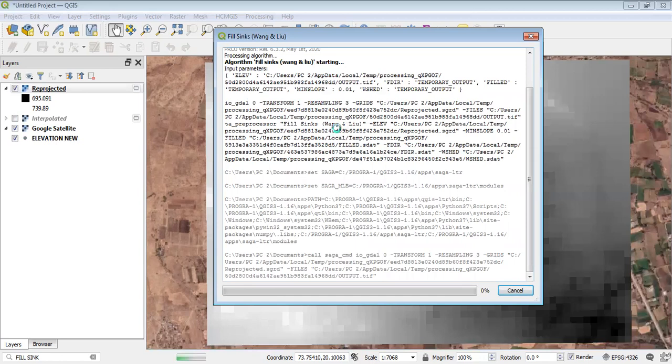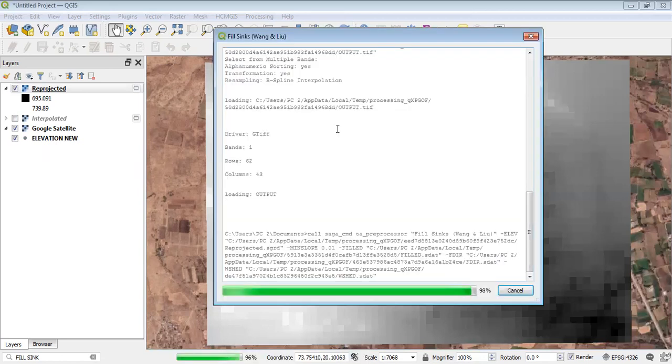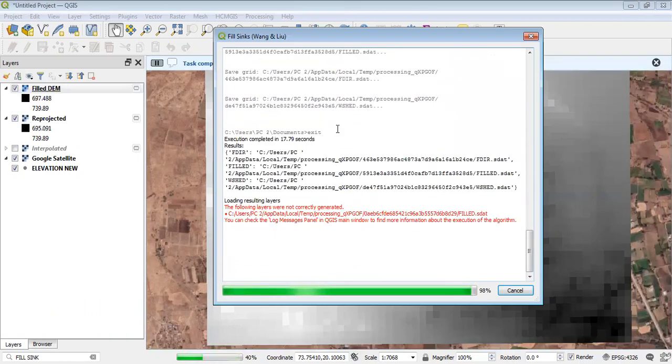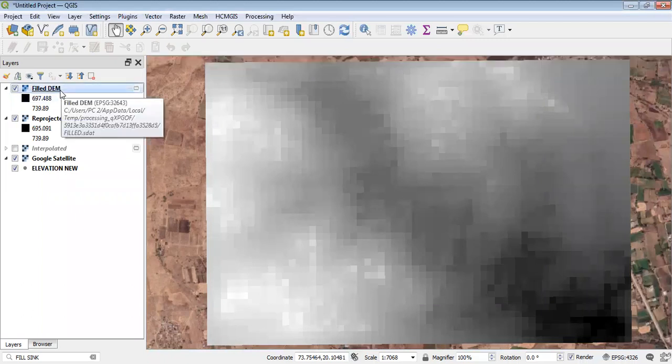It will take a few seconds, and particularly it is a SAGA GIS tool. So I will close it and here I can see, yes, we are done with the filled DEM, that is the fill sinks DEM. So now I will do all the further operations on this particular filled DEM.